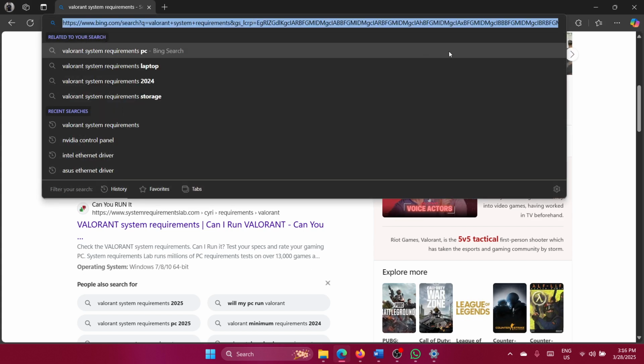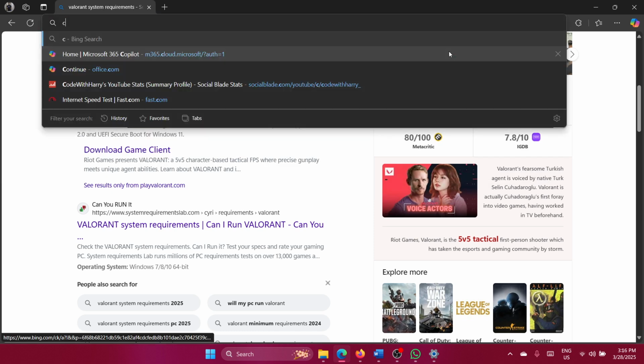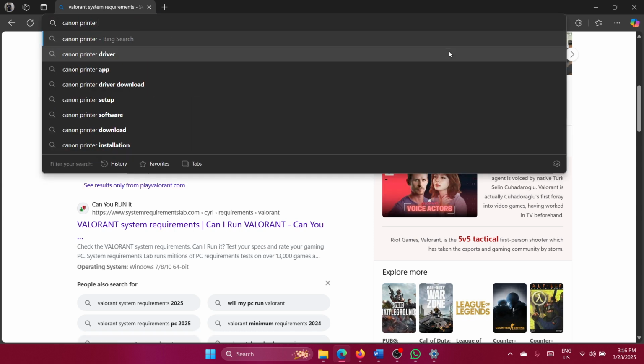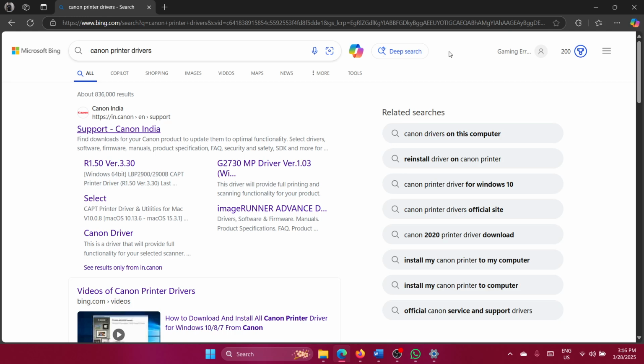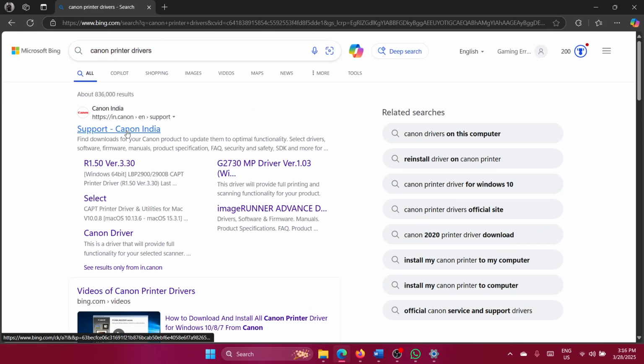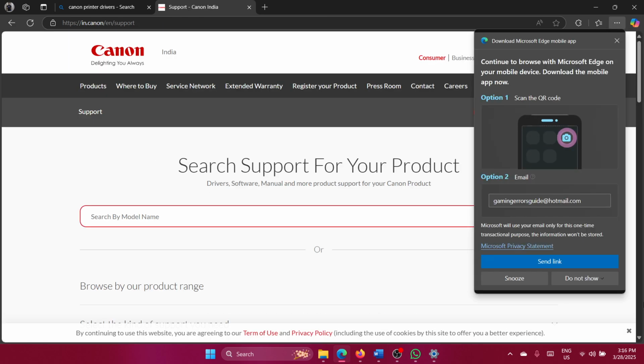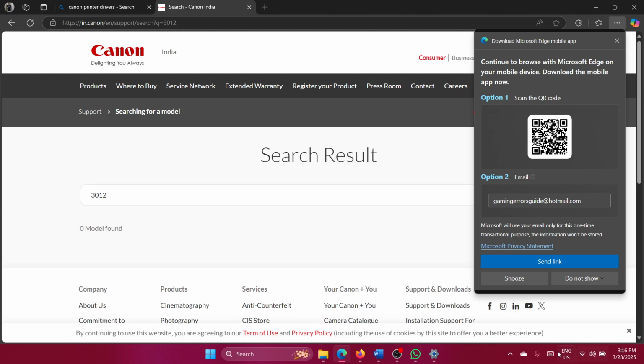Just search for the brand of your printer, let's say HP, or let's say Canon, and then search for printer drivers. Okay, now you can go to Canon's India support, or I mean whichever country it is, and then you can search for the model number of your printer. Okay,